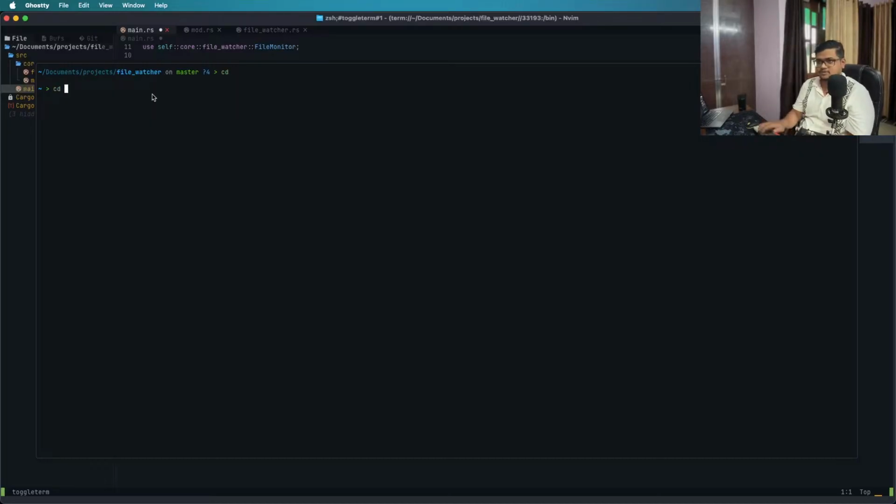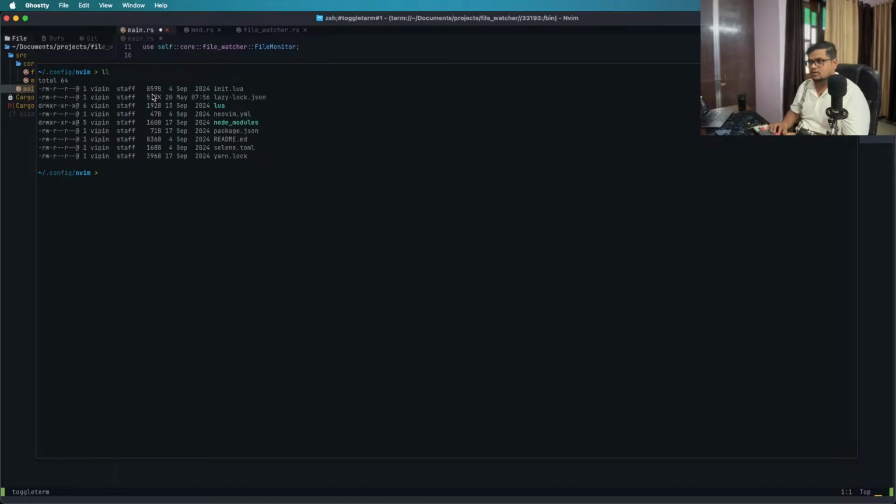Control shift this? No. Window shift this? No. Anyways, how can I get tilde? Function. Okay. Config, cd, and then